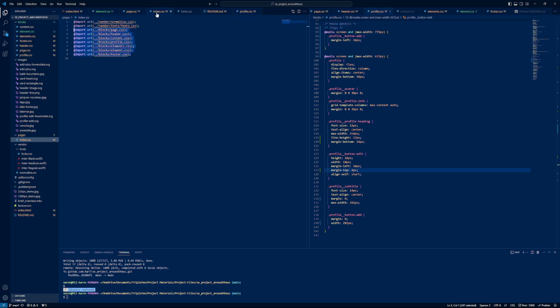And in index.css, like I said before, same thing. They are ordered according to the order in which they appear in index.html, and they all come after